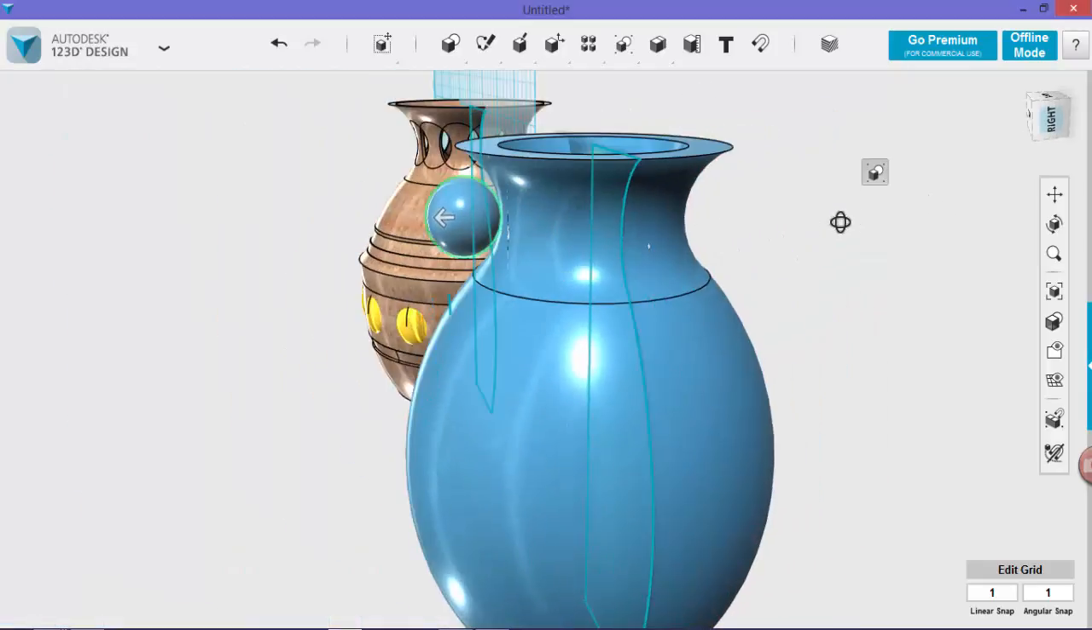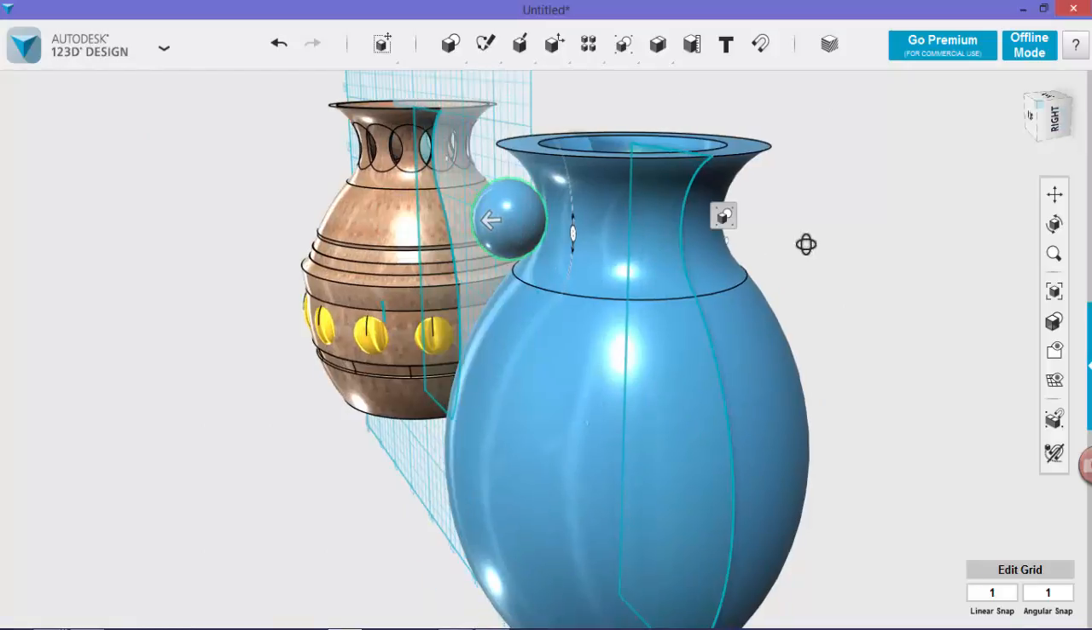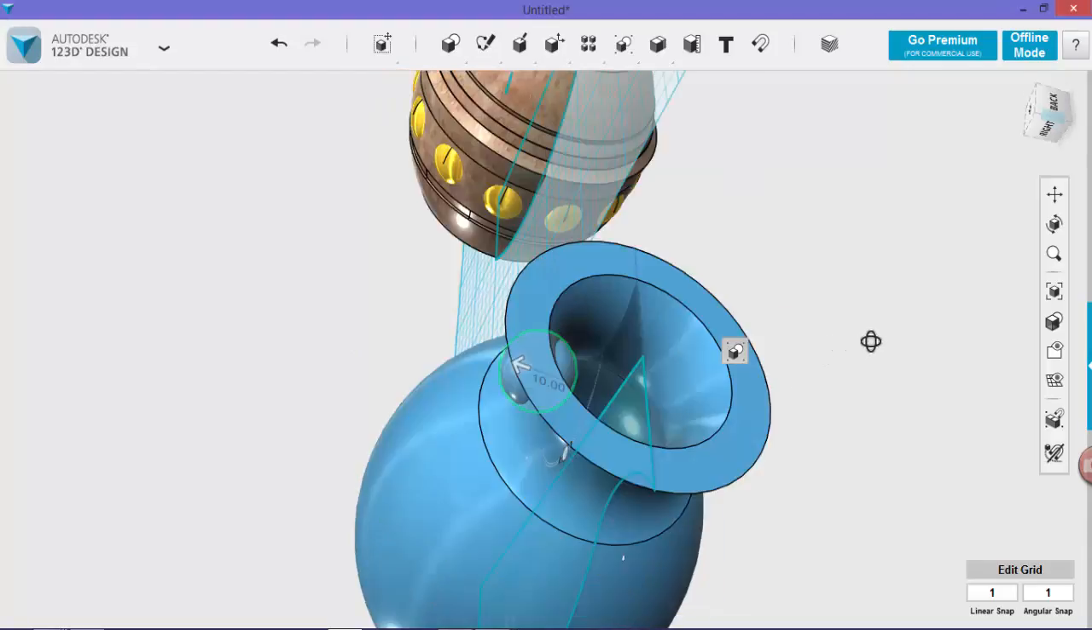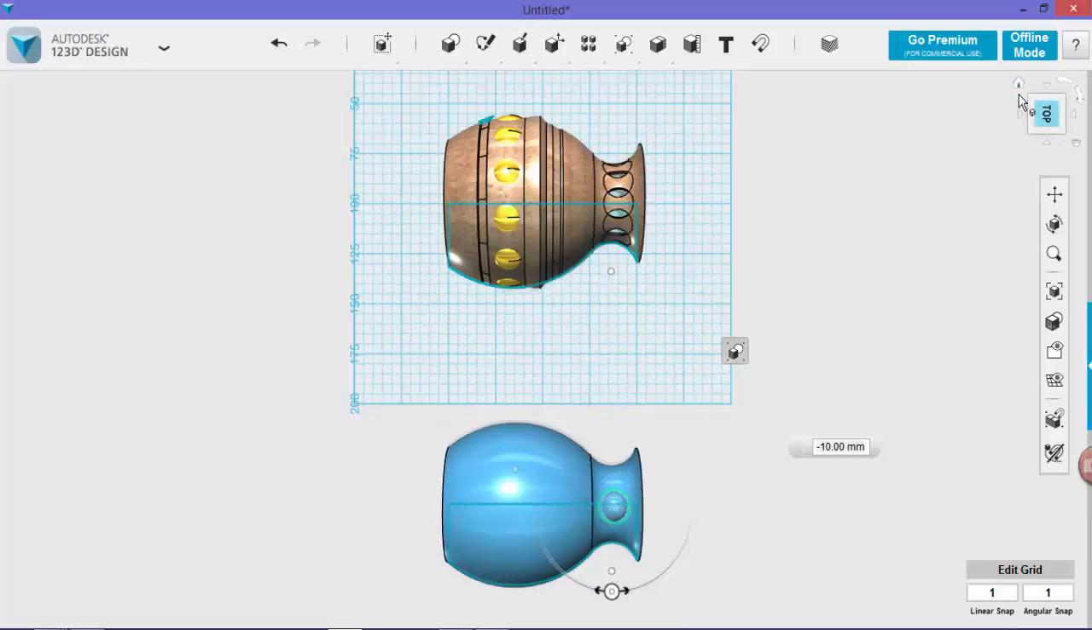Now, if you rotate around, the sphere is actually coming out of the vase. So we're just going to move it until it sits nicely inside the vase, and a little bit of it is coming out at the end. Once you've done that,